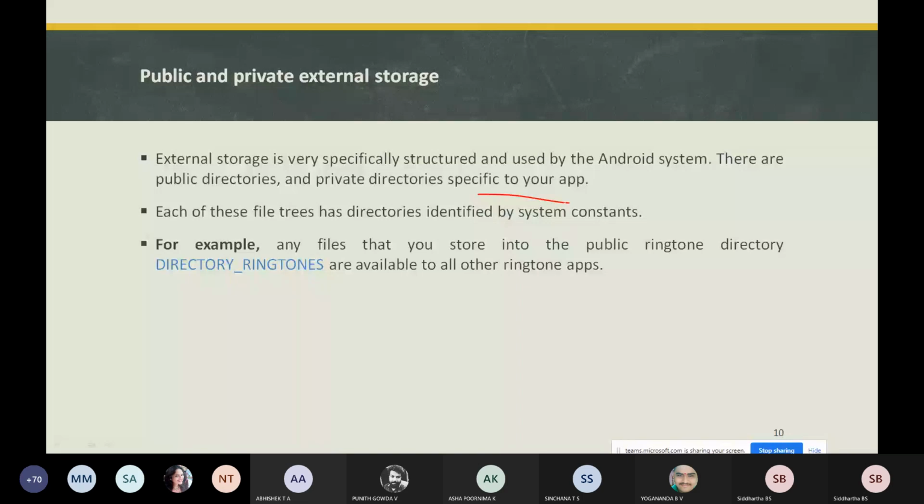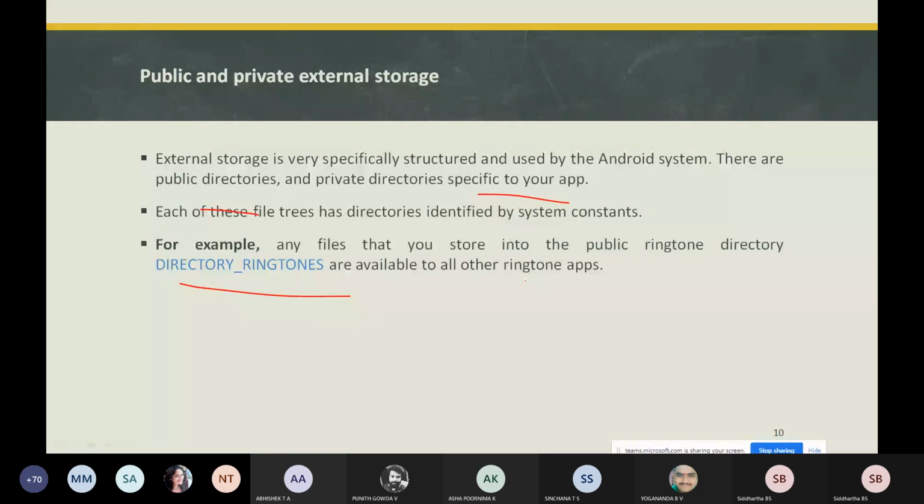For example, any files you store in the public ringtones directory are available to all other ringtone apps. Any files you store in the private ringtones directory can by default only be seen by your app and are deleted along with your application.